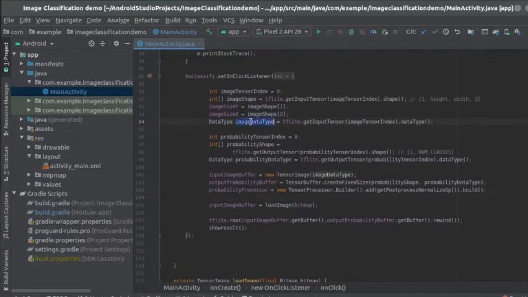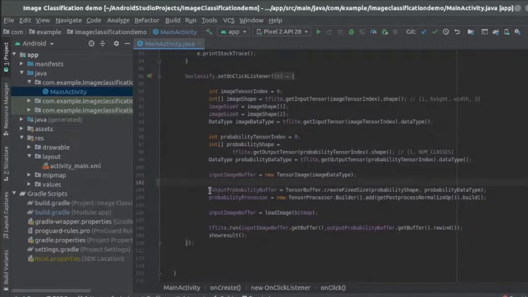This is the data type of the image which the model requires, and we are creating a buffer and initializing its data type with get data type. Then these two lines are for output. We have created a probability processor which will process our probabilities when we get the output, and we create an output buffer.